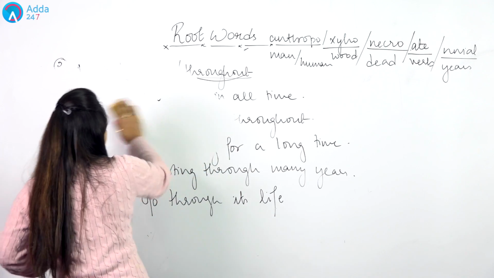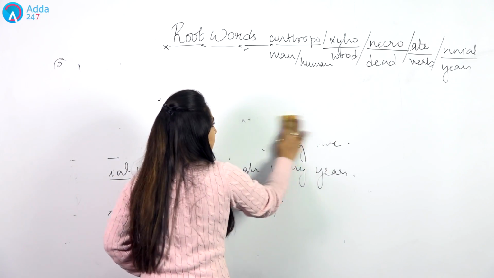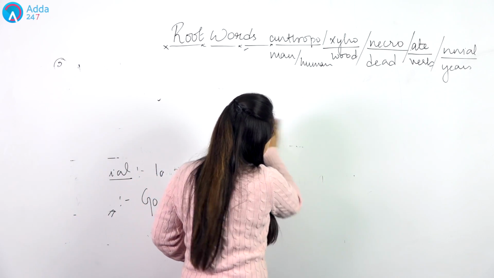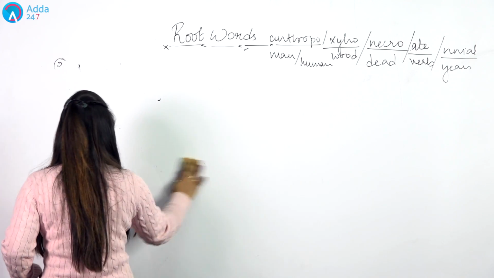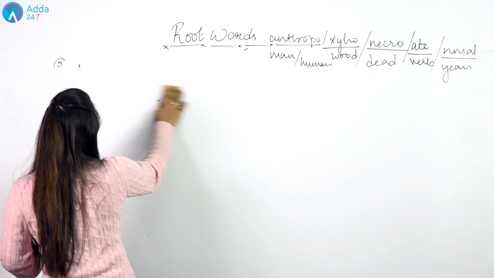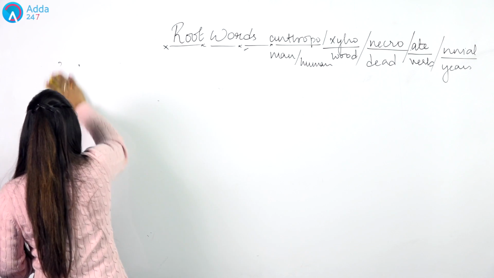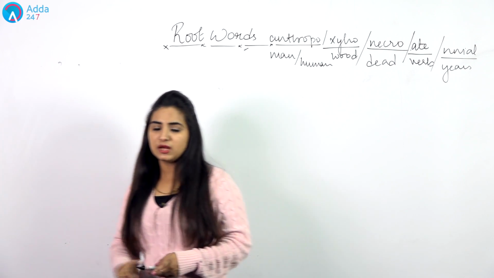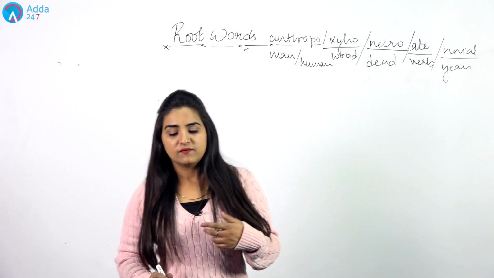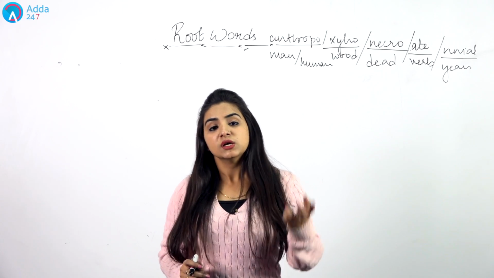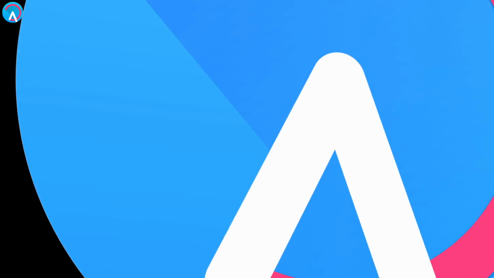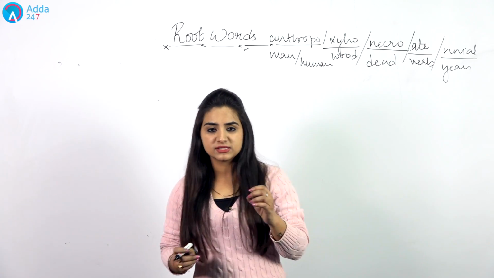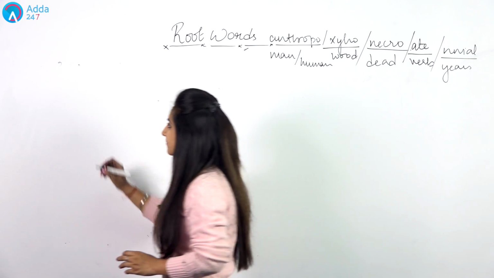So, with this you understood the meaning of per, ate, necr and nni. Now, with nni you can also write enni. This is also something which defines the year. For example, we have annual. Annual means what? Once in a year. We say biannual. That means 2 times in a year, right? So whenever we have enni or nni written somewhere, this defines years, right?